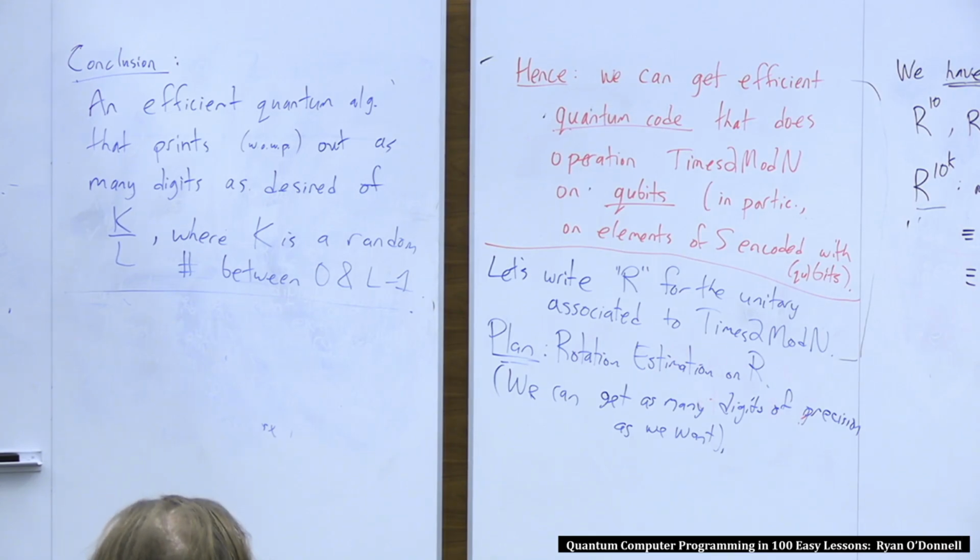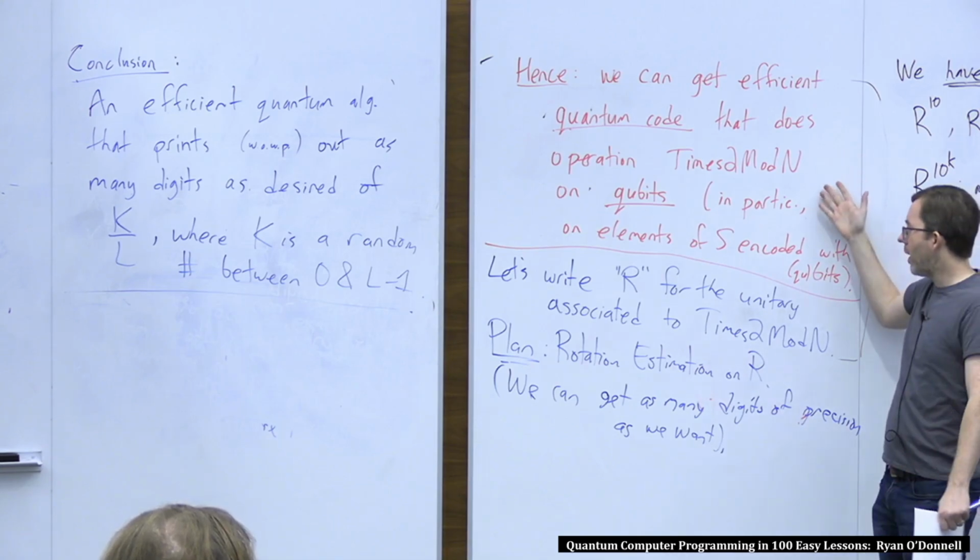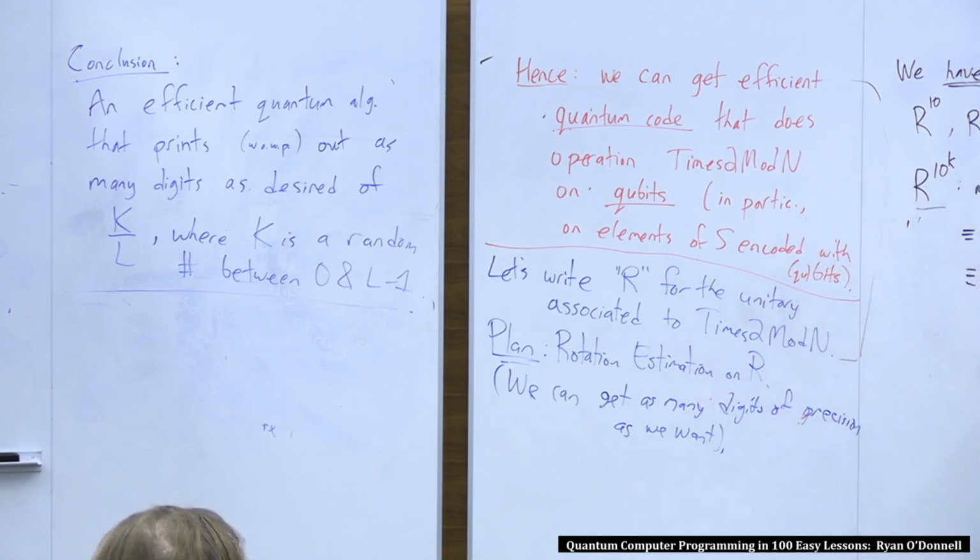So we're factoring capital N, and we make this code for times 2 mod n, and we turn it into quantum code, and we get the quantum code for all these powers. Then we make a bunch of qubits, say 1,000 qubits, and we toggle the last one to get into this state. Then we give that to rotation estimation with this R for times 2 mod n and all its powers,